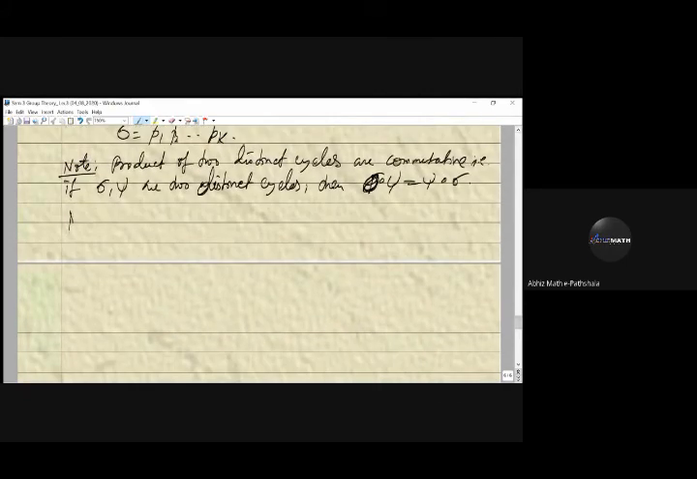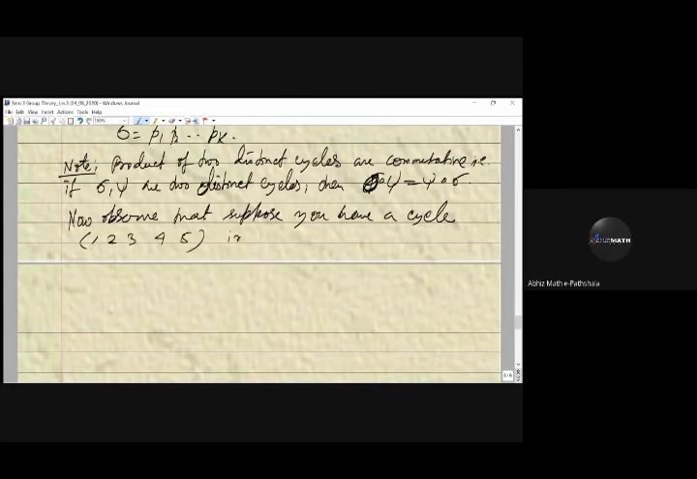Now observe that, suppose you have a cycle, say 1 2 3 4 5 in S10. Then we see that